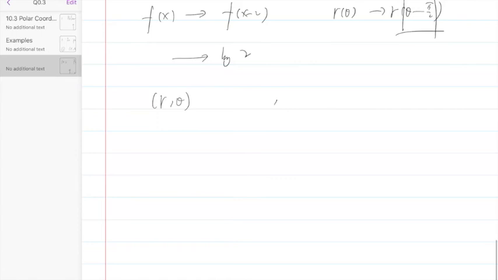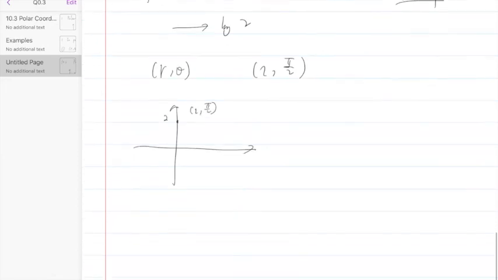I just noticed one thing I forgot to point out is (r, theta). Oh, let's just take an easy one. Okay, let's take (2, pi over 2), which we definitely know how to draw. It's going to be pi over 2, and you just go a distance of 2. That's (2, pi over 2). But when you do it,